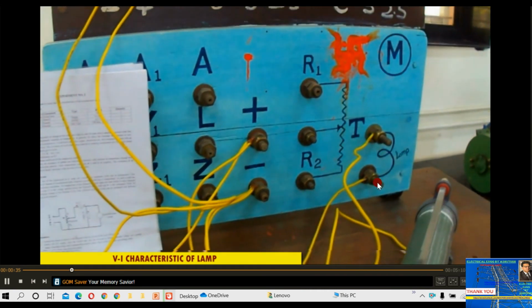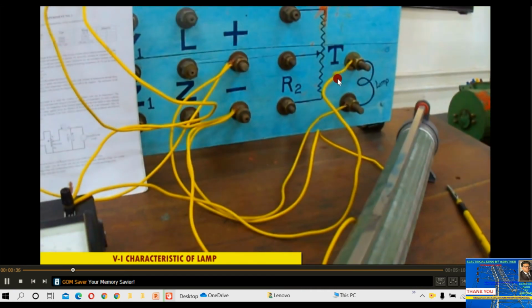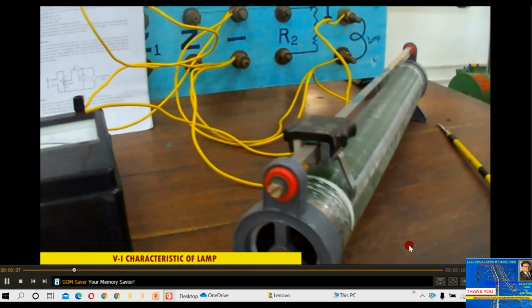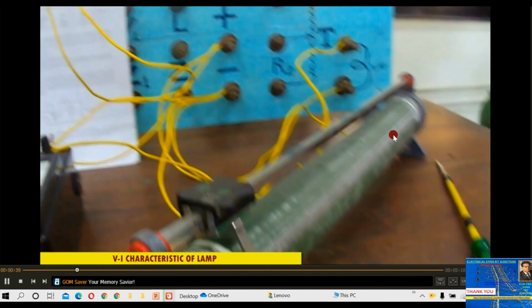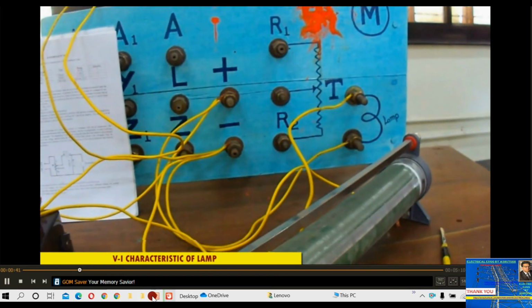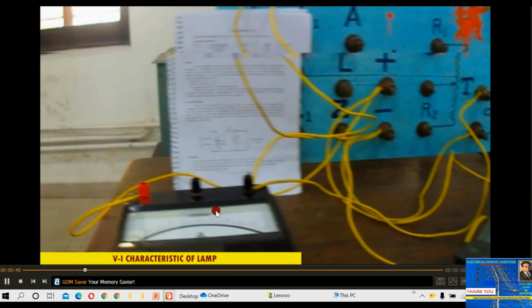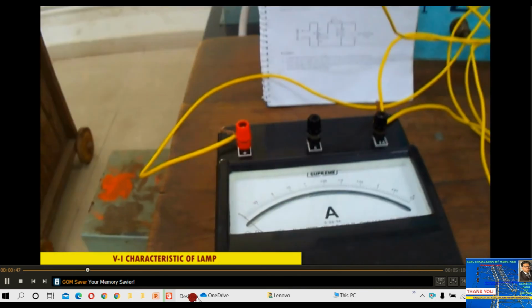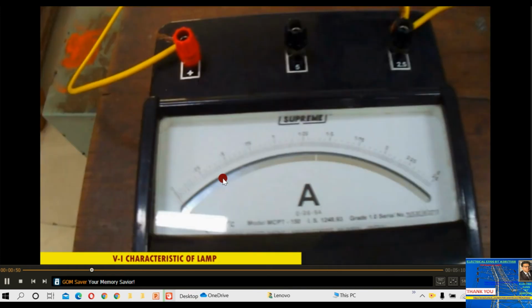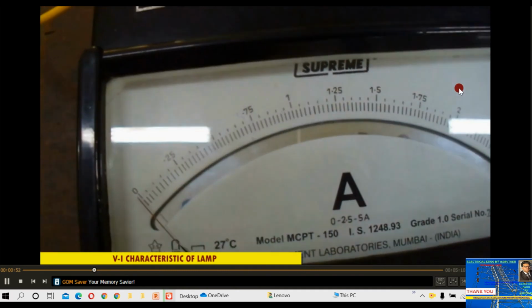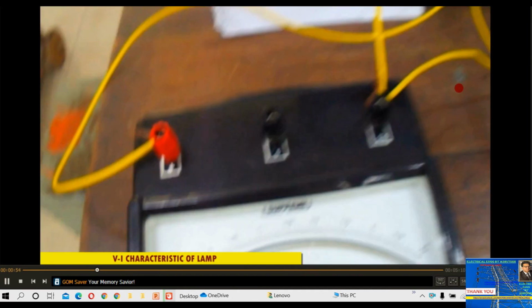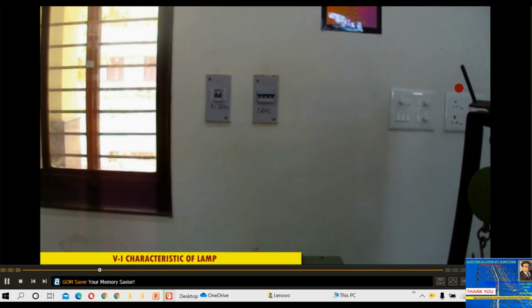See here, this is the lamp, and the symbol is also drawn over here. This is the lamp, and this is the DC rheostat through which we can increase the level of voltage. And this is the ammeter, and on the top side there is a voltmeter, and we have to note the readings down. As we increase the level of voltage,